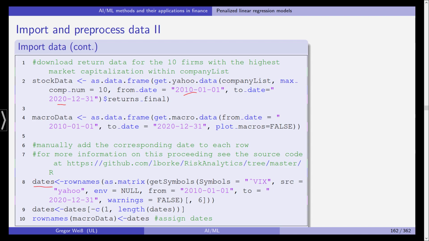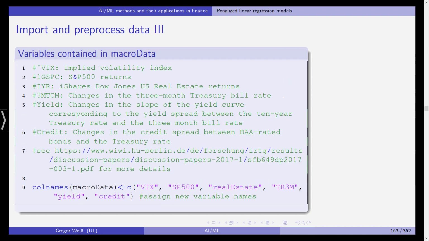Those are the row names as matrix, get symbols, etc., for several of our variables. And then, last but not least, we assign those dates as row names for the macro data. Okay. Now, the variables that are contained in macro data in this object have variable names that are not too